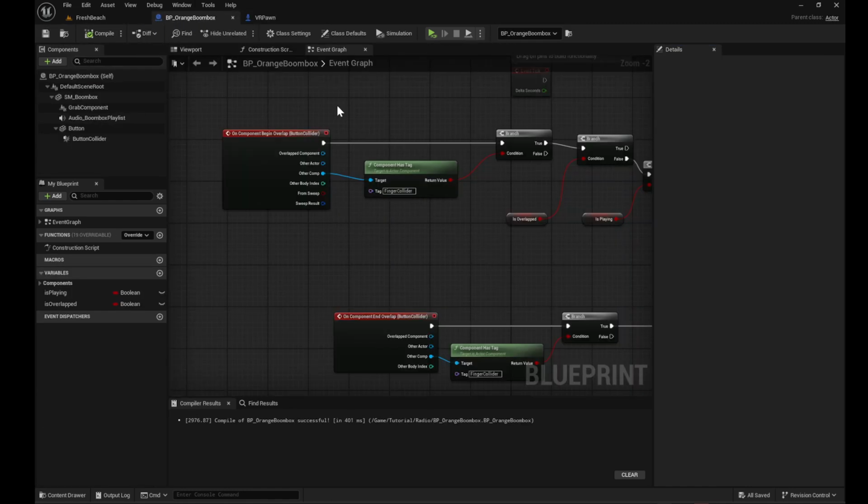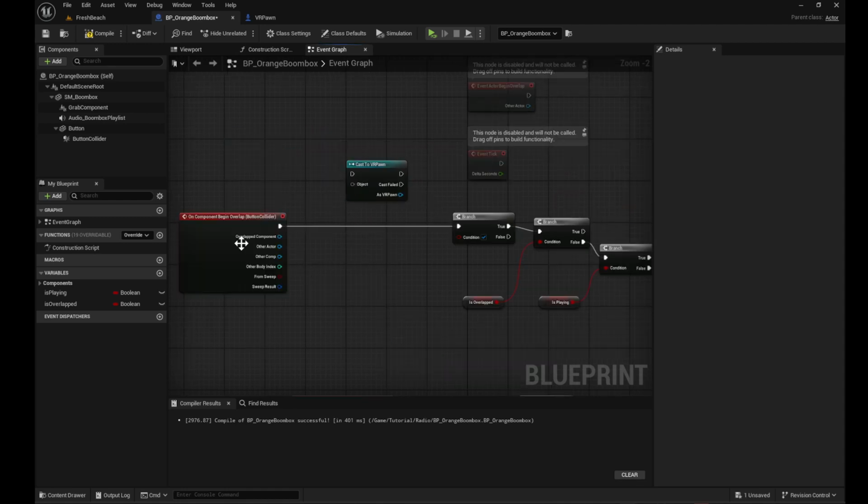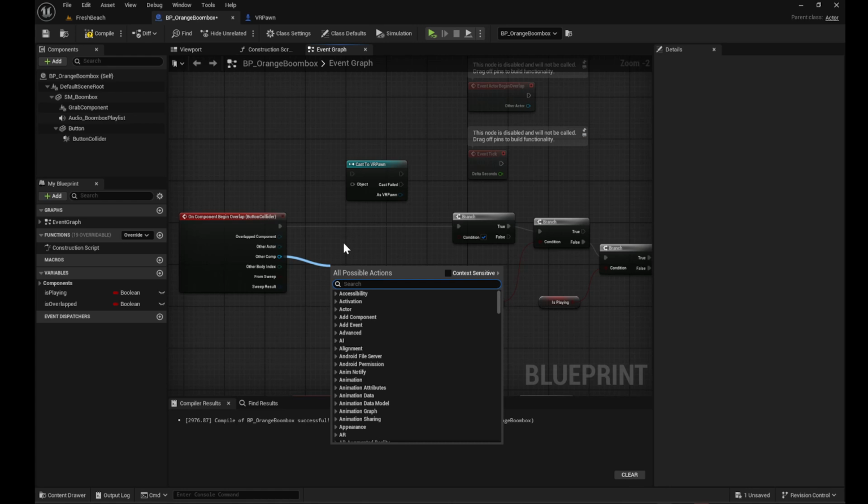because when you're in your blueprint here, you're going to add this component has tag. And here you're going to paste that same word, whatever your tag is, and it has to match exactly. To add that node, what you would do is drag off other component. And the reason we're not using overlapped component is because that refers to the boombox itself. And we're looking for a component on a different actor. So this would be the overlapped VR hands collider. And look for